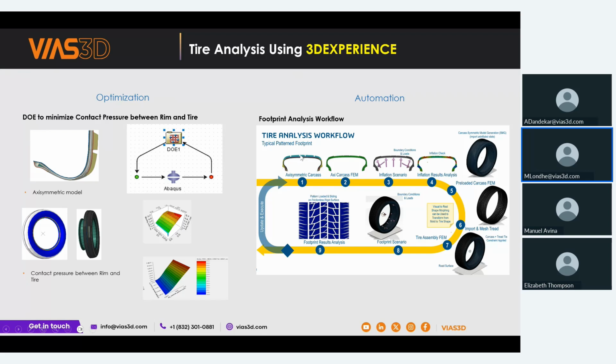In the conventional methodology, generally when we do, let's say, footprint analysis, we do the axisymmetric analysis, apply pressure, then transfer the axisymmetric result to the full 3D tire, and then the tire with the road surface, and we check how the footprint results are coming. If there is some modification, we have to go back and do the same process again. But in this automation, if you make some modifications, all the other steps are automatically adjusted, so there is no need to repeat the process. This type of automation is very easily handled in the 3D Experience platform.